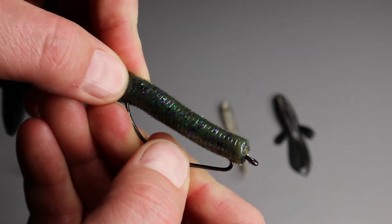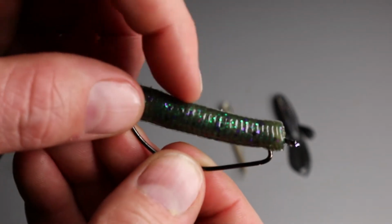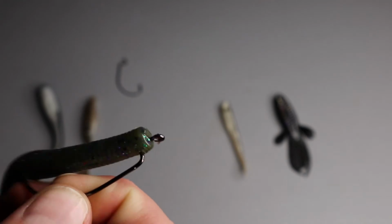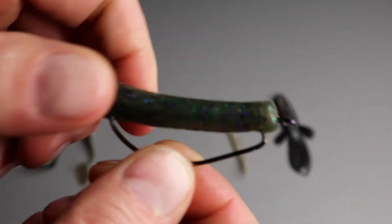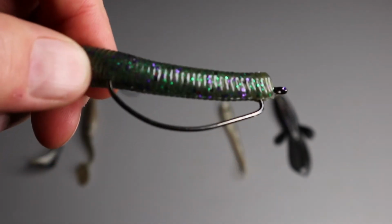And then just get it close to the top. So I can almost feel, if I push hard enough, I can feel the hook there. So that's completely buried in there. That's one way of doing it. The other way,